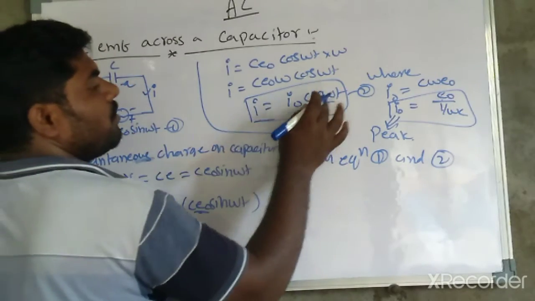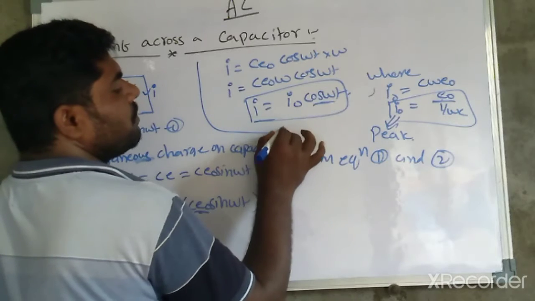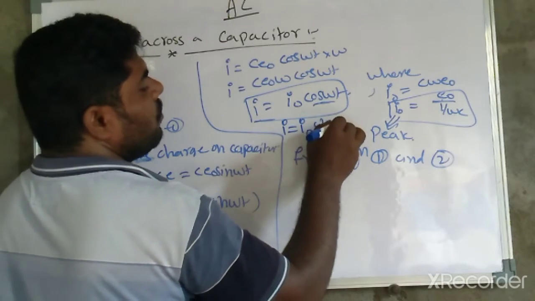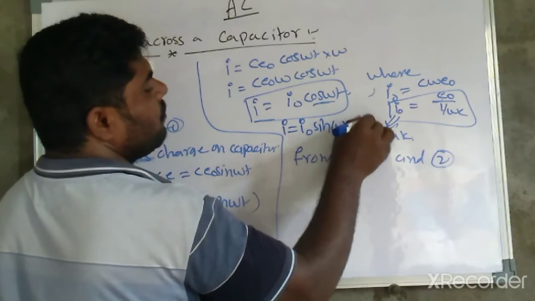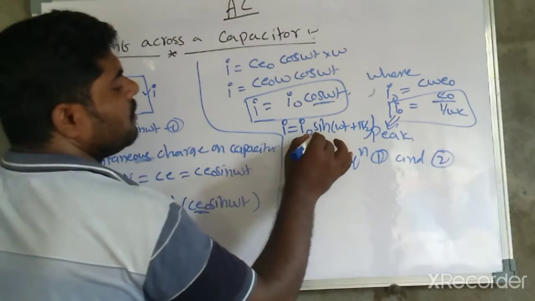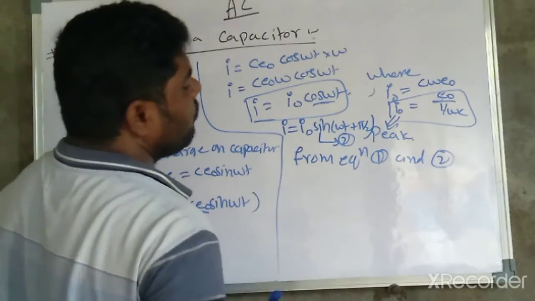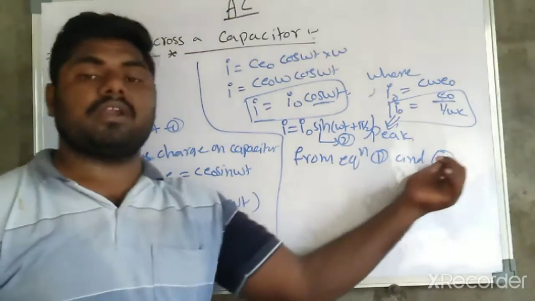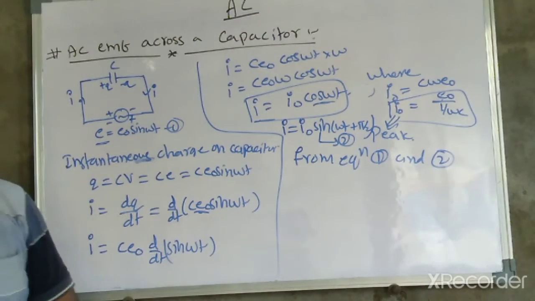Converting equation 1 in terms of the sine function, it is equal to I naught into sine of omega t plus pi by 2. This is equation number 2. From this one also the sine function, this one also the sine function. That's why from equation 1 and equation 2, we can state that